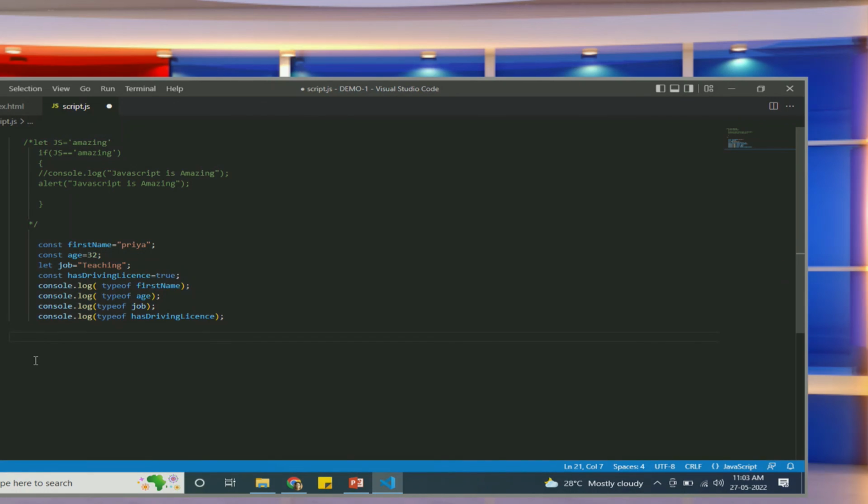So if the value is not going to change in your program, make it a general habit to use the const keyword all the time. And if you think that your variable is going to change in your program, at that time you should use let as a keyword in front of the variable name. Okay,